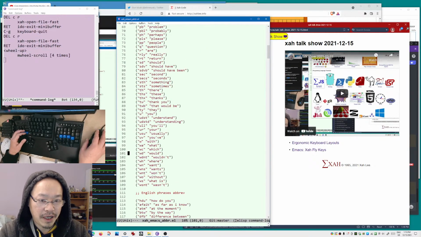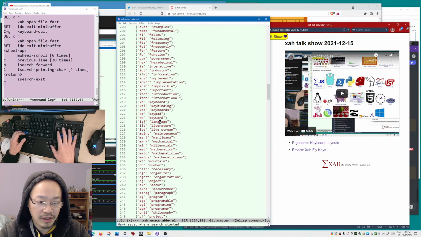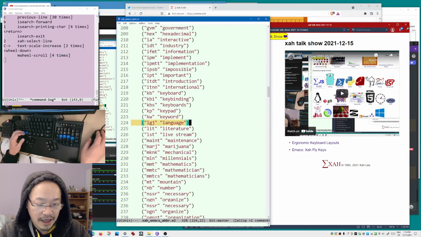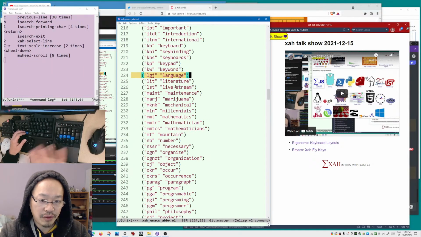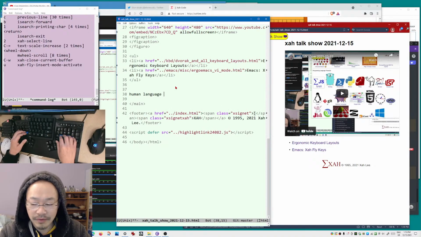So here is my abbreviation system. There are hundreds of them. For example, if you search for language, you can see I just type LGJ for language. I have like hundreds of them. Okay, close that. So human languages